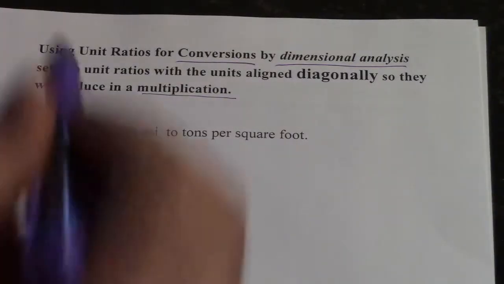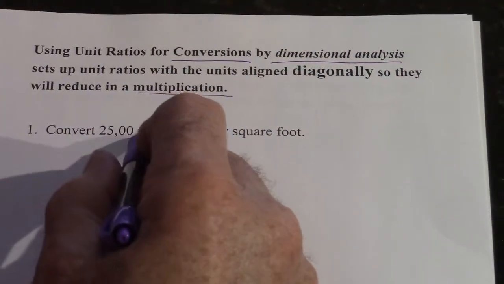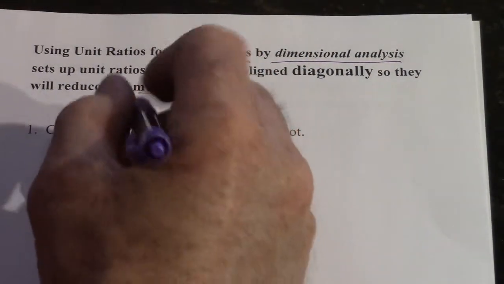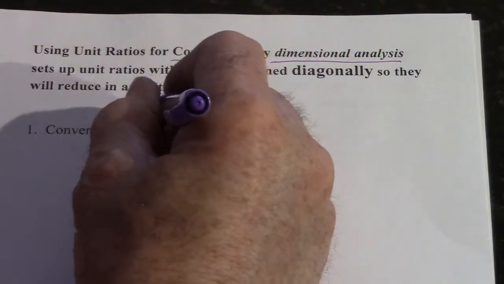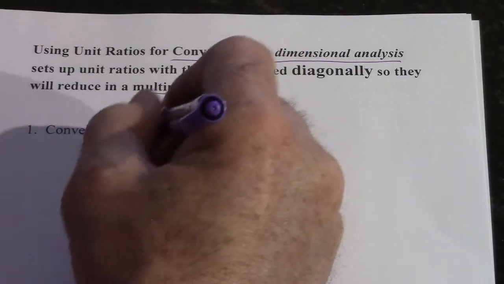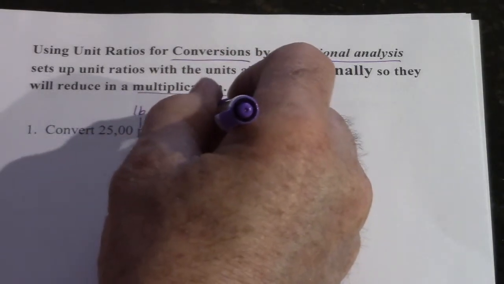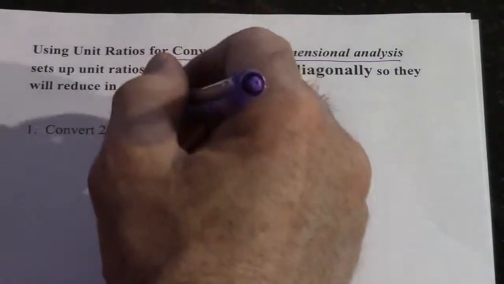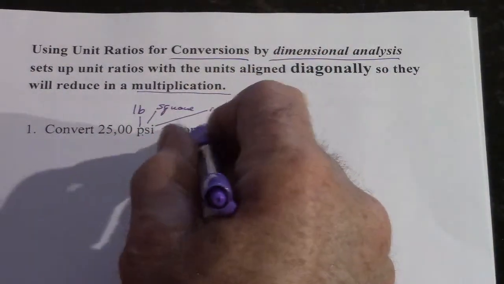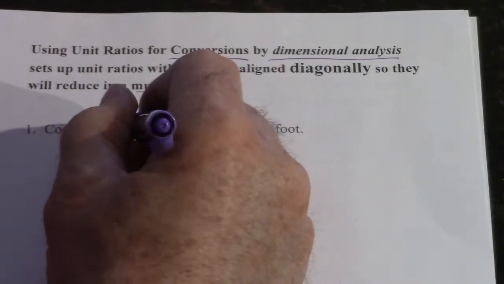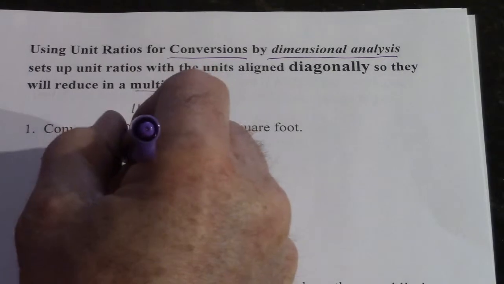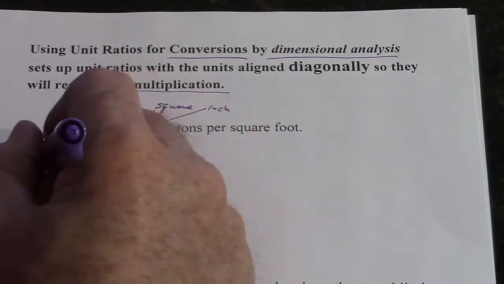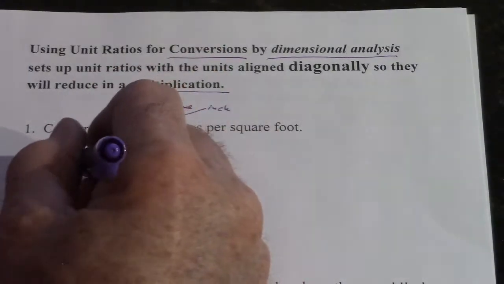Now we're going to take something like 2,500 psi, which means pounds per square inch. That's LB, this is square, and this stands for inch. So that's pounds per square inch is what that really stands for, to tons per square foot. So, there's supposed to be a zero there. So this is 25,000 pounds, LB, per square inch. And when you have a rate like this,